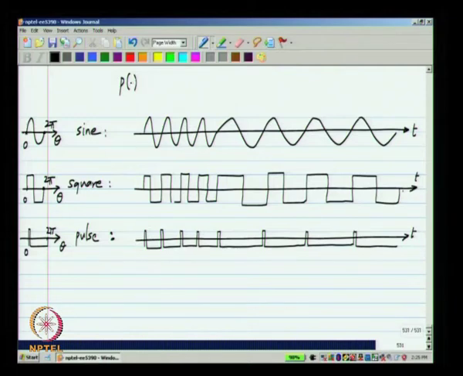Now, there may be applications, in fact there are applications where the shape of the waveform is important, but it is not important for generating these periodic signals. We know that we can turn a square wave into a sine wave by putting it through a filter, or turn a sine wave into a square wave by putting it through a high gain amplifier which has some limiting. So, we will not now worry about the waveforms, and most of the discussion in the generation of periodic signals, that is for the phase lock loop, will be in the phase domain. And this you would have commonly seen if you refer to any textbooks.